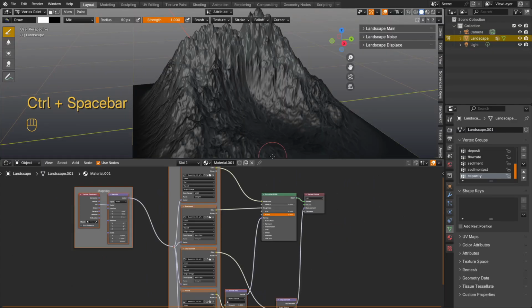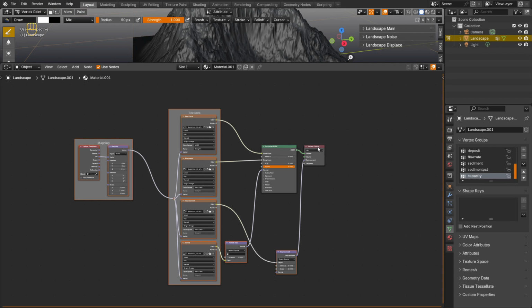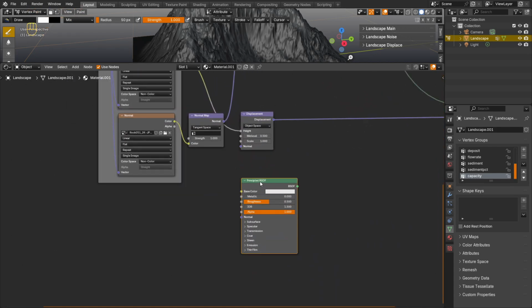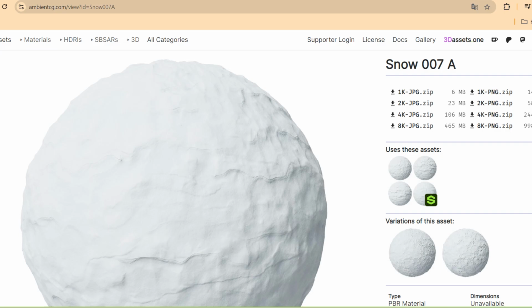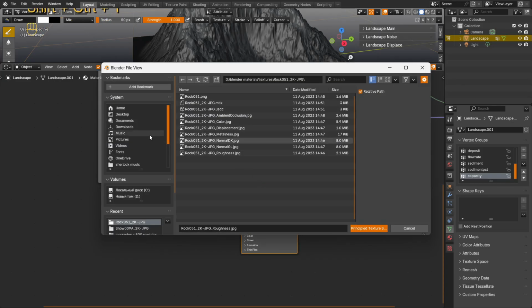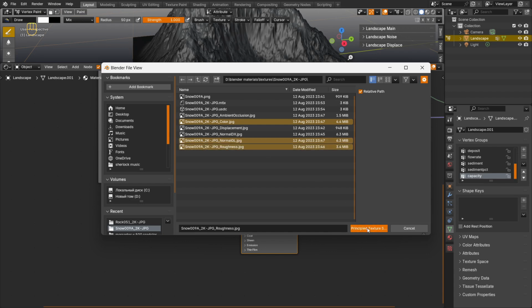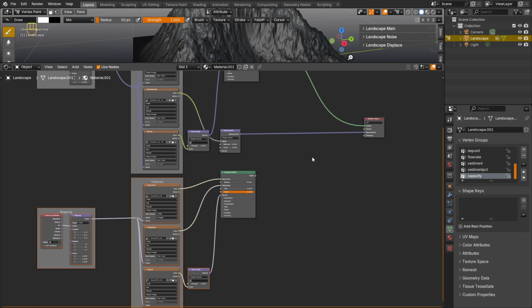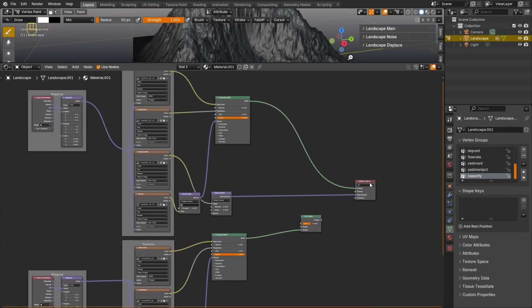Now we need snow. Copy the node Principled BSDF and drag it down and press Ctrl-Shift-T again in order to select the elements for connection again. Well, so we added two materials, now we need to combine them correctly. The Mix Shader node will help us with this. We connect the stone material to the upper slot and the snow material to the lower slot. And to control the spread of snow, we connect the Attribute node as a factor.